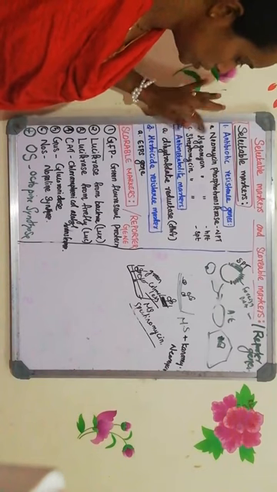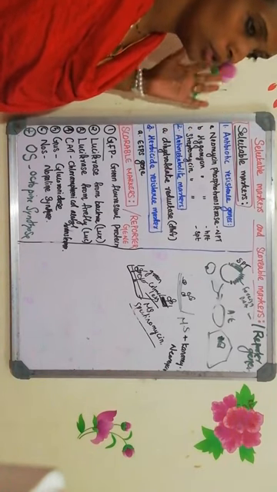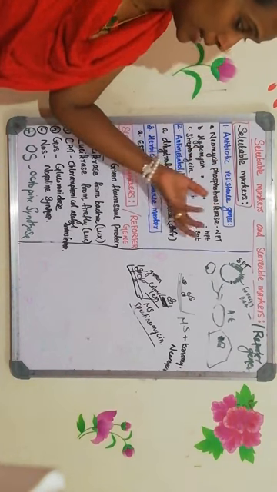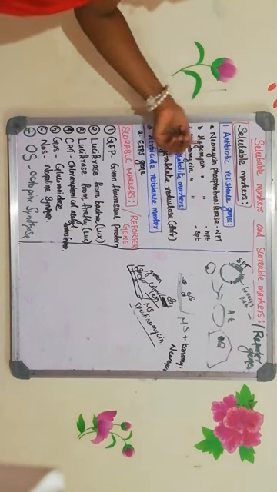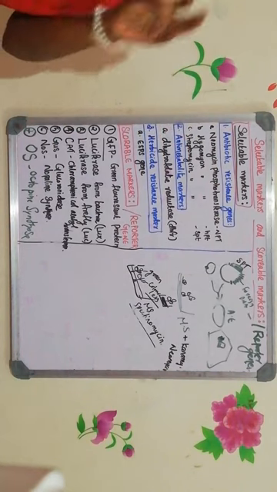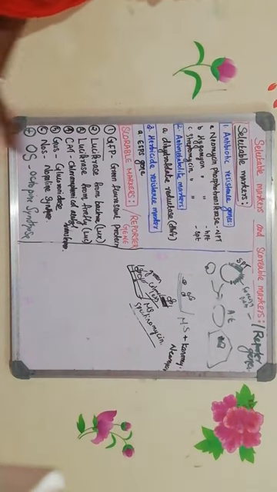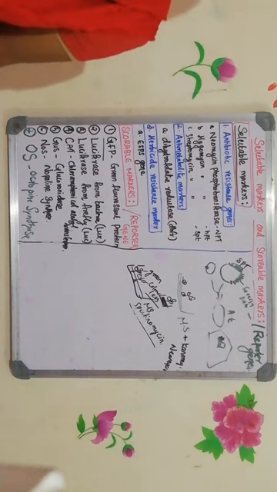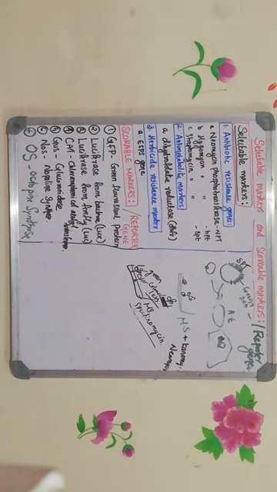So with these two, the cells will grow, or if they have not taken up the foreign DNA and the selectable marker, they will not grow in the antibiotic-containing media. Whereas with streptomycin, by looking at the color of the plant, you can identify whether it has taken up the foreign DNA, because streptomycin is an antibiotic which will inhibit protein synthesis in the chloroplast. Thereby, chlorophyll synthesis won't happen and the plant will look completely bleached.